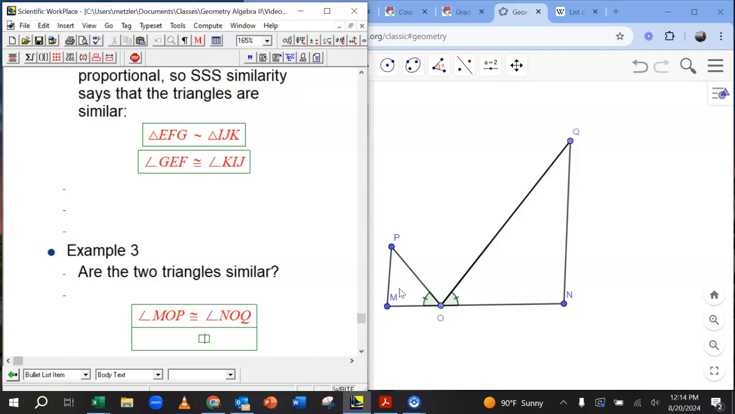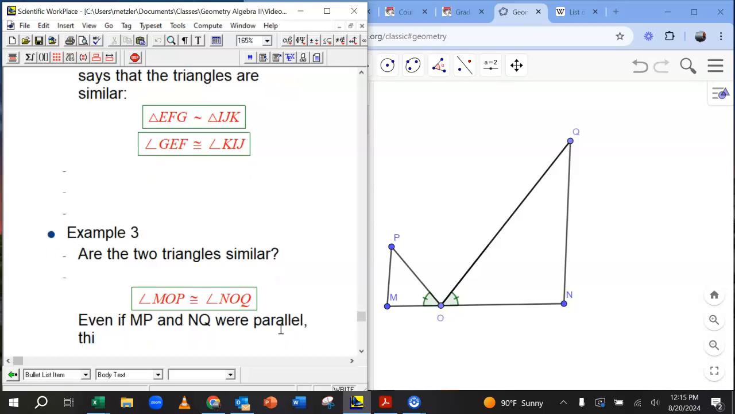That even wouldn't help us, because if MP is slanting up and to the right, then OMP is an acute angle, slightly less than 90. And if NQ is slanting up and to the right the same amount, that makes ONQ an obtuse angle. Wait a minute. Those don't match, right? So this is really not going to work. So even if MP and NQ were parallel, and I didn't tell you that, so you shouldn't assume it, even if they were, these would not be similar,